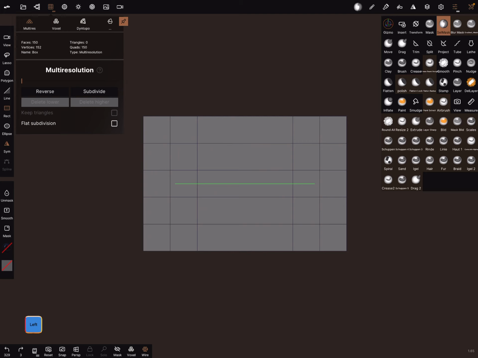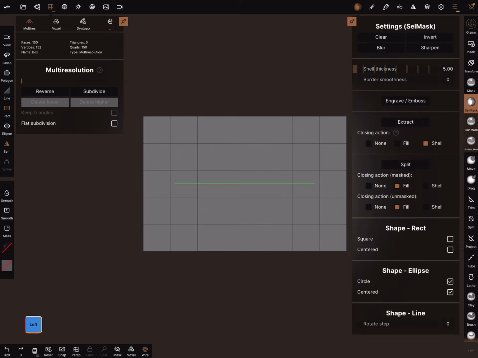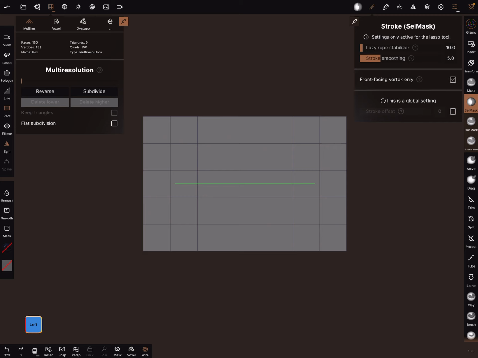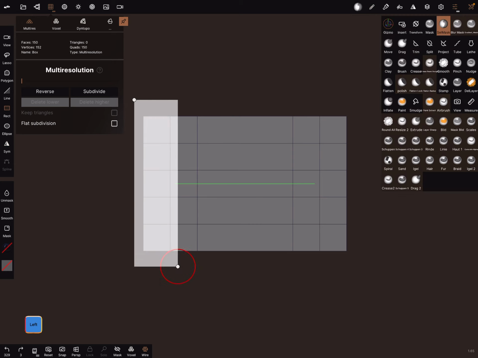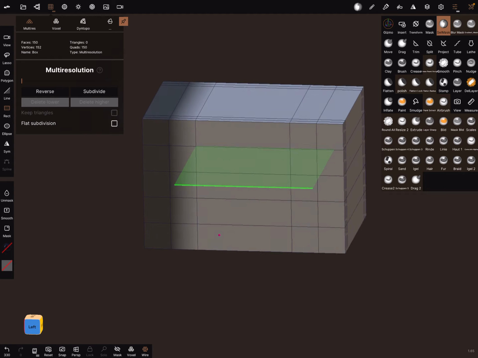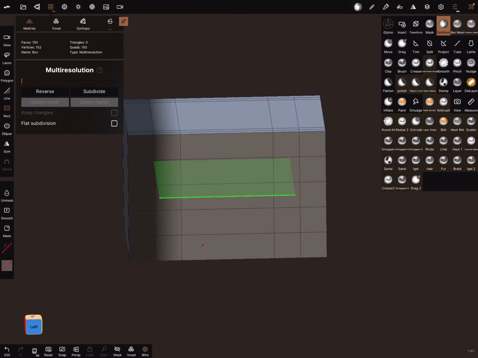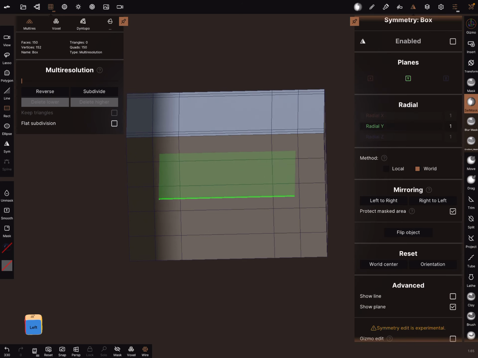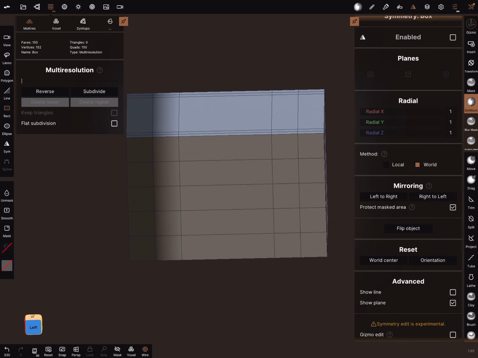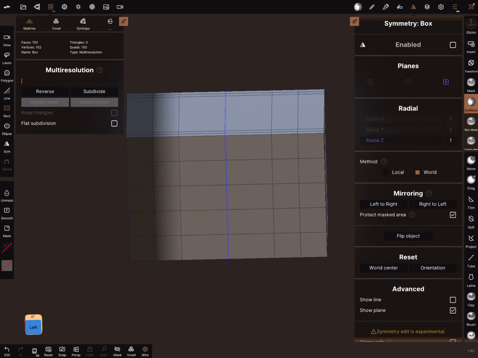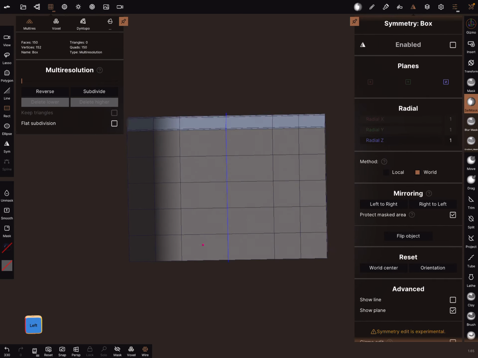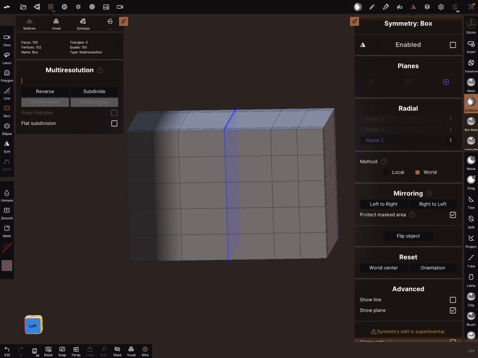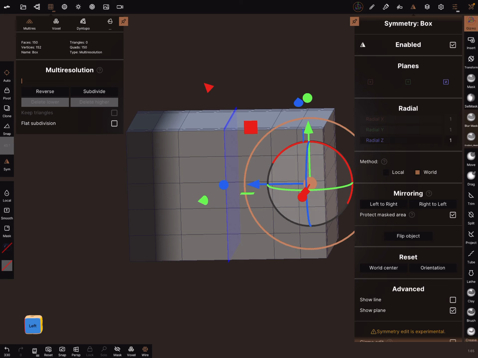You can use the cell mask. In the cell mask, check your settings, front face vertex, turn it off or on, turn the symmetry off, and here you can mask parts, and now you can use the symmetry again and change your plane to the right plane and go back to the gizmo.